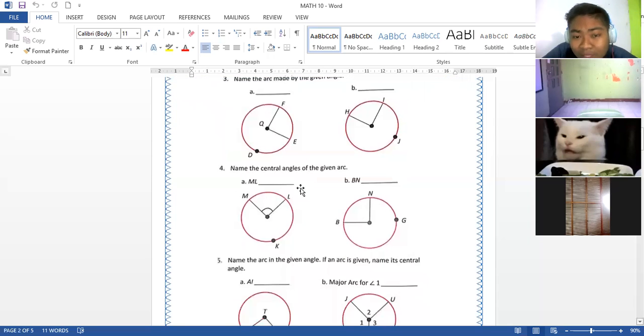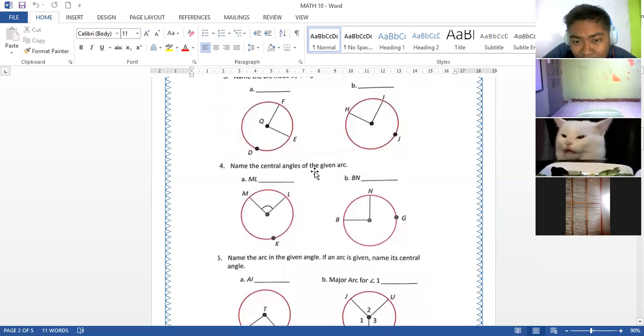Name the central angles of the given arc. So, if this is an arc, ano yung sagot dyan? Ano yung magiging central angle natin? Ito, BN. Ano yung magiging central angle natin? Angle, ganun lang. Lalagyan lang siya ng,